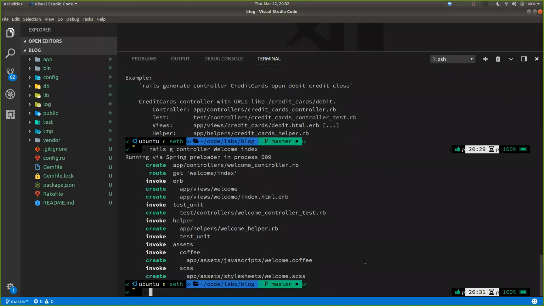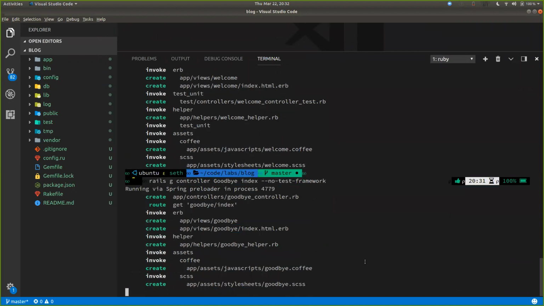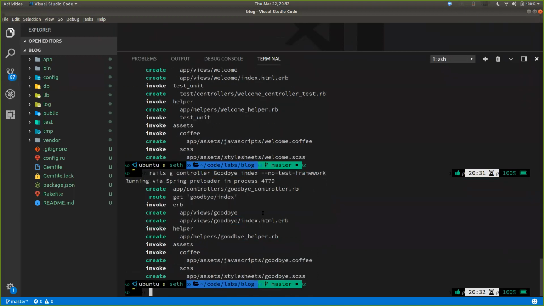So as we use generators throughout Rails, let's build another one of these, just a controller, and we'll call this one goodbye. We can say index, and then we'll do dash dash no dash test dash framework. And when we run this generator, we'll see it skipped